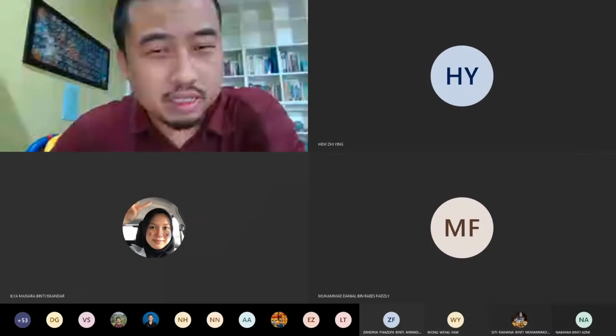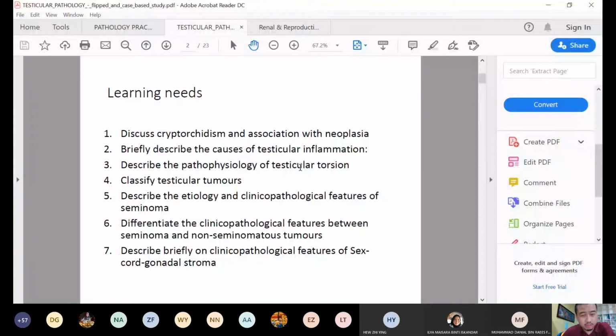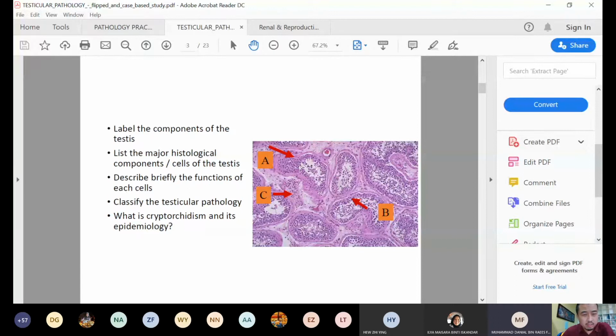Association with neoplasia, causes of testicular inflammation, pathophysiology of torsion, testicular tumors, especially the seminoma and non-seminomatous tumors, and then the sex cord gonadal stroma. Okay, so